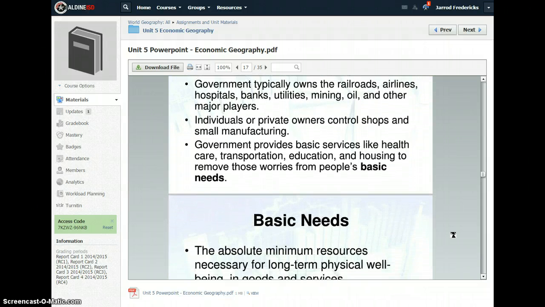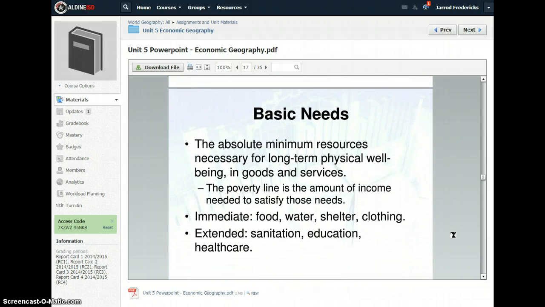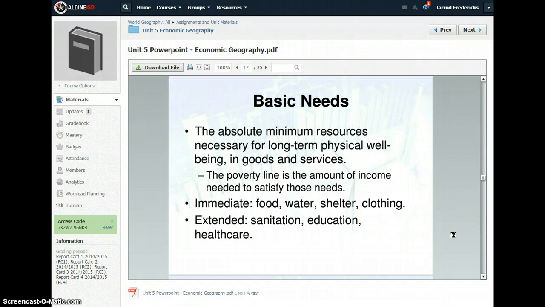Now, basic needs are the absolute minimum resources necessary for long-term physical well-being in goods and services. Basically, the minimum amount of anything that you need to survive. The poverty line in America is established as the amount of income or money that you need in order to satisfy these needs, such as food, water, shelter, clothing, and in more advanced societies, sanitation, your sewage,